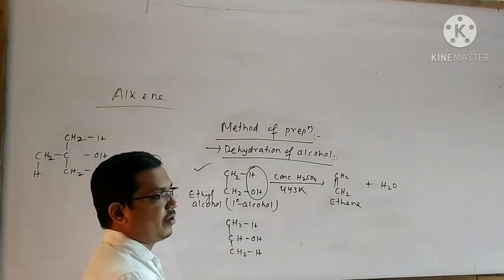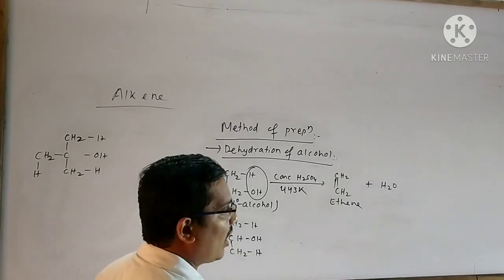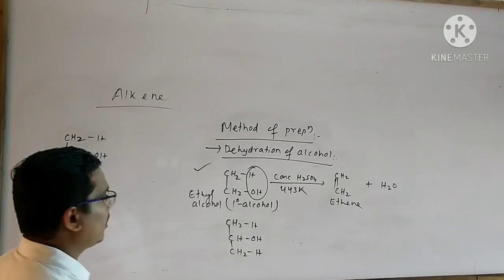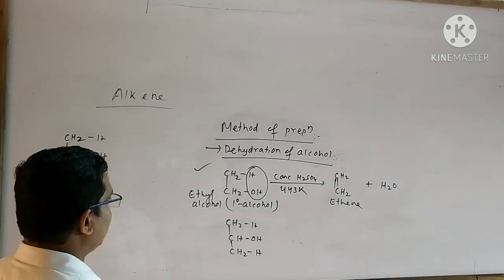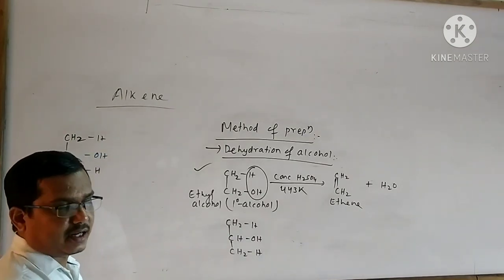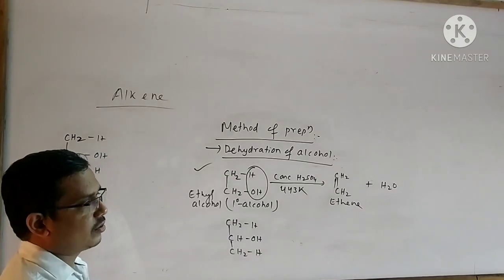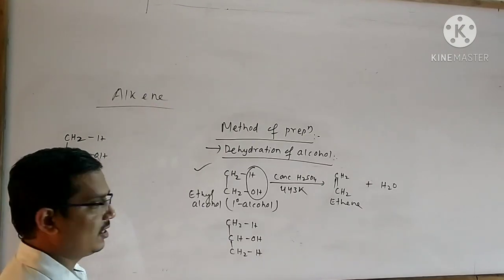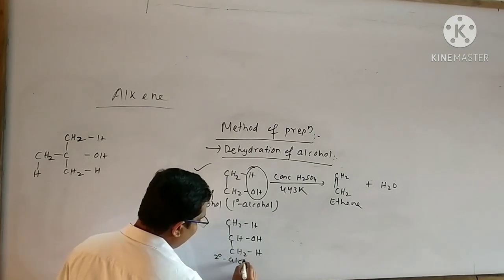Remember one important point, monohydric alcohol means the alcohol which contains only 1 OH group. If an organic compound contains 2 OH groups, then that is said to be dihydric alcohol. Like that, for trihydric alcohol, there are 3 OH groups present. Like that, you can also think about tetrahydric alcohol, pentahydric alcohol, like this. This is said to be 2-degree alcohol.